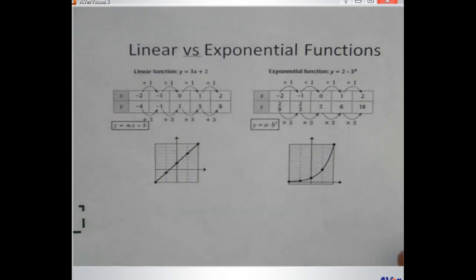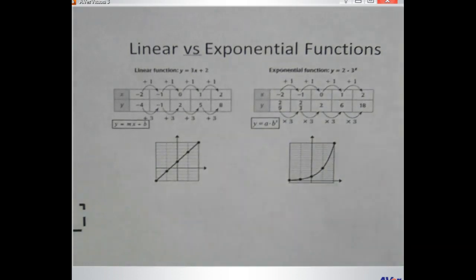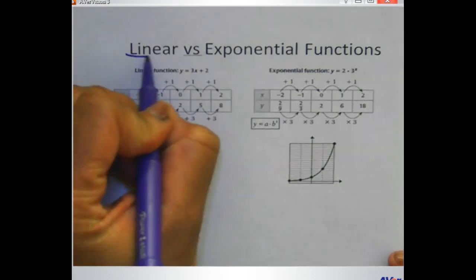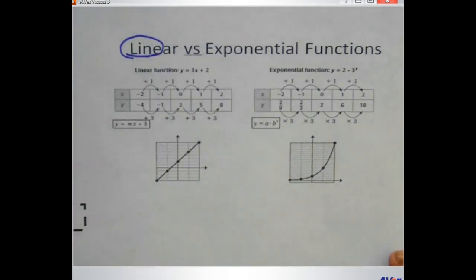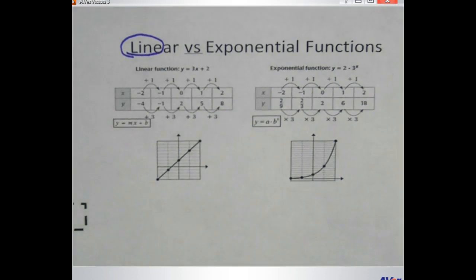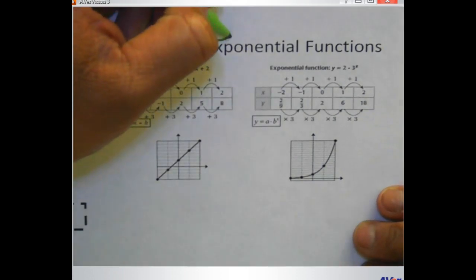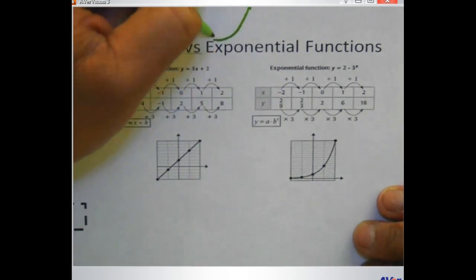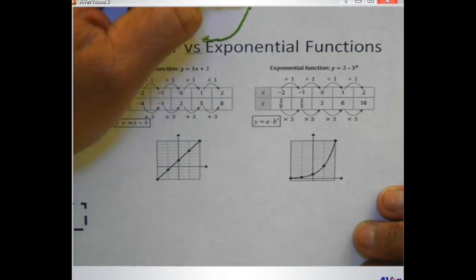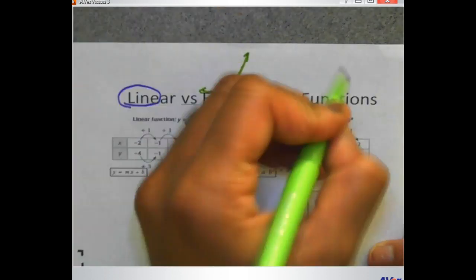Linear versus exponential. You have already graphed, and we've talked a lot about linear functions. Linear, look at the word in there, line. It should be a line when we graph it. New for most of us, though, is exponential, and exponentials will be a little bit more of a curve. Instead of just growing at a constant rate, it's going to grow either really, really quickly, going up really sharply, or this is for growth,